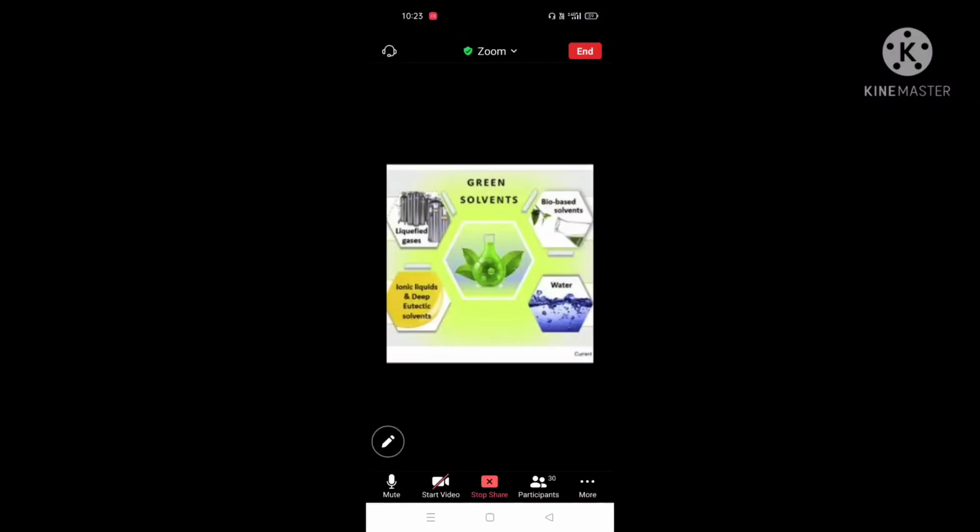Liquefied gases means we liquefy the gases. Generally we get natural gases, and all natural gases are in the gaseous state, so we can reduce the temperature so that the gases are involved in liquefaction. For example, if you take nitrogen gas,